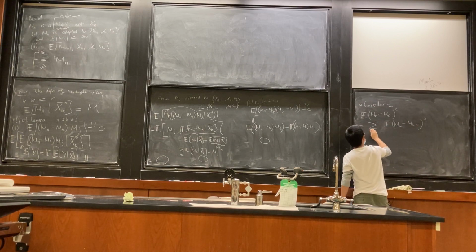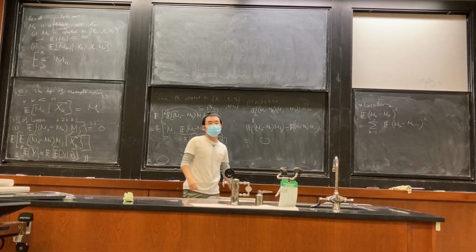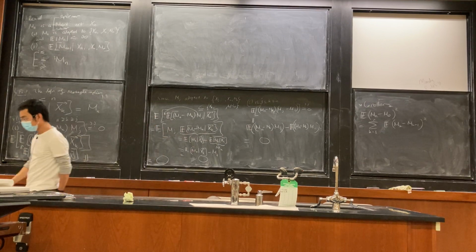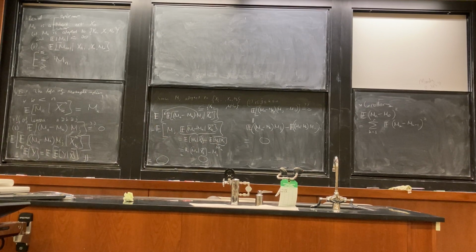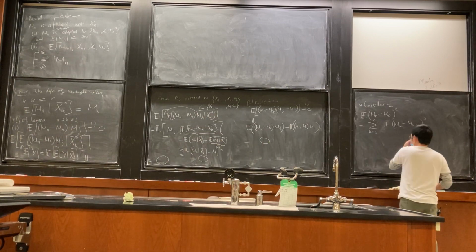So this is the summation of k from 1 up to n. So it's kind of like the Pythagorean theorem, exactly, yes, that's what I'm thinking. Pythagorean, something like that. But this is actually pretty straightforward because